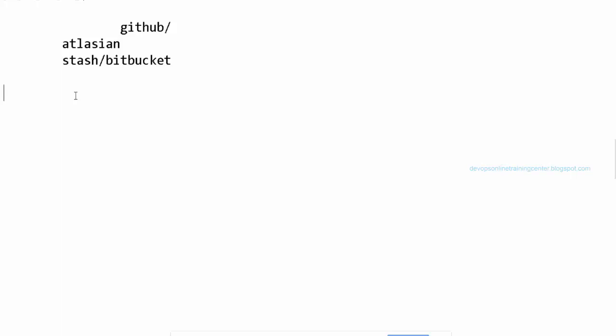Yeah. GitHub also has a graphical user interface. When you download Git Bash, just type GitHub on your Windows desktop, and you also see a graphical user interface. There also you can do check-in, check-out, and all. But it's always good to use the CLI because you execute the commands and you know what is happening.